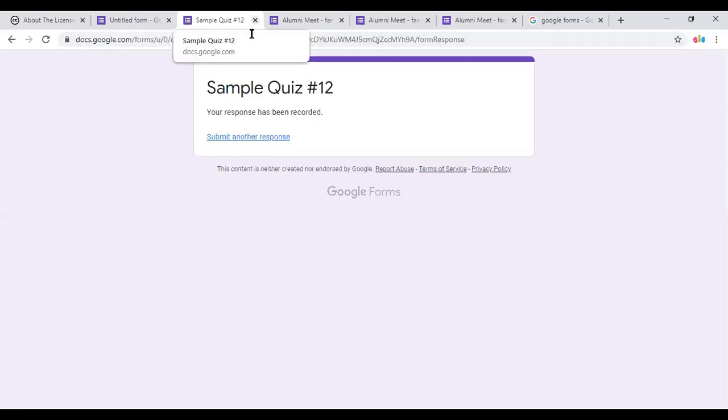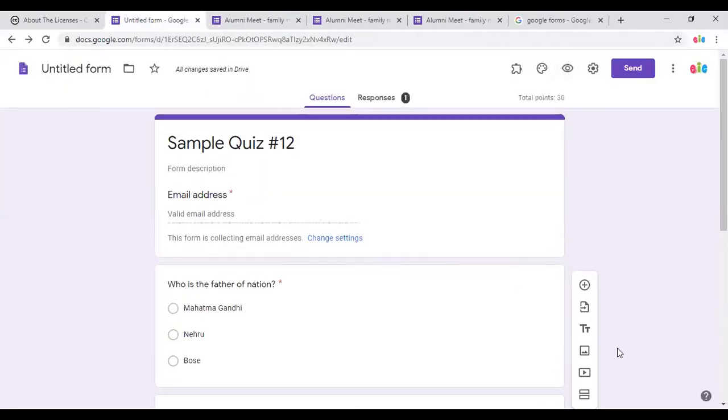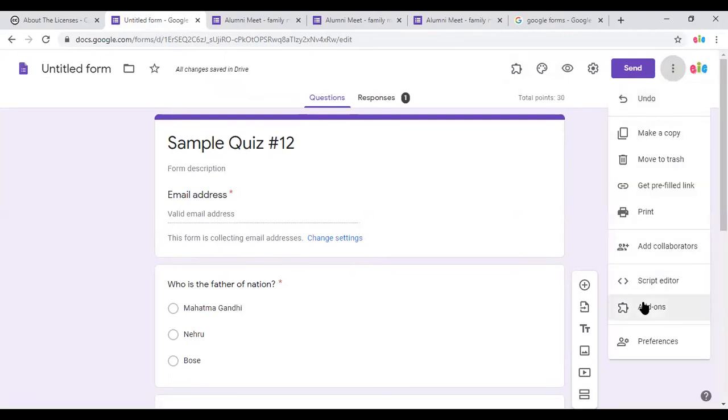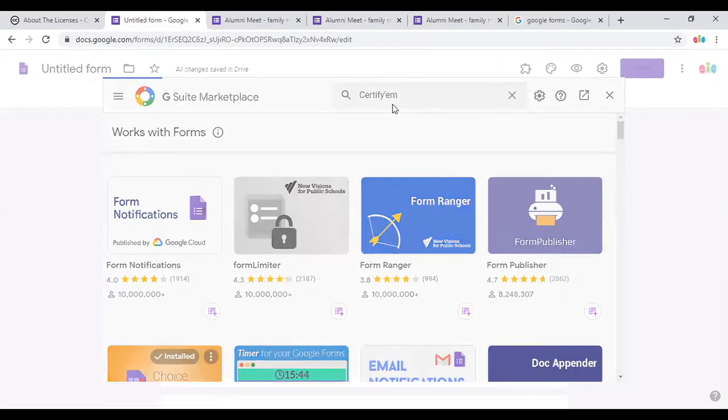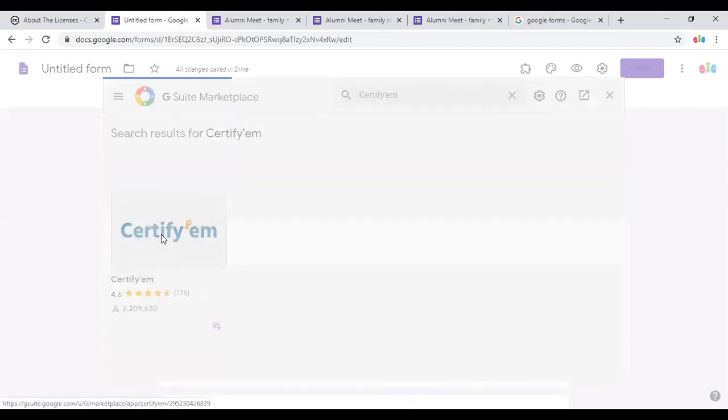So now my question is, a quiz is created. Now, an interesting feature is to generate a certificate for the student. To generate an online certificate for the student, we'll again go into add-ons. Click on add-ons. So you have a tool called Certify. You have an add-on called Certify. So I'll just search for it, Certify. So this is the add-on. Click on the add-on,